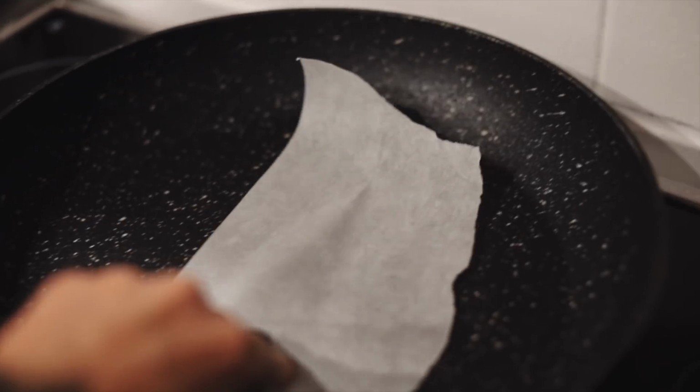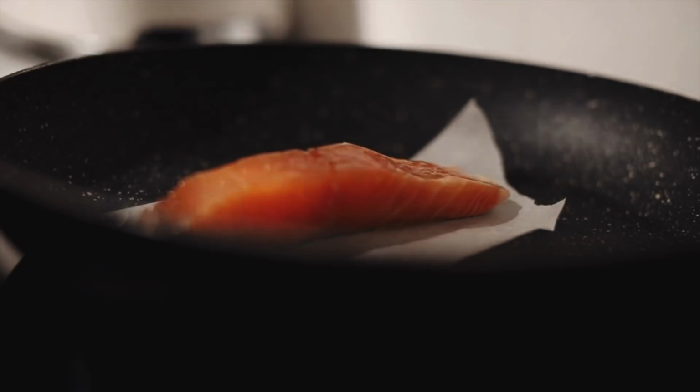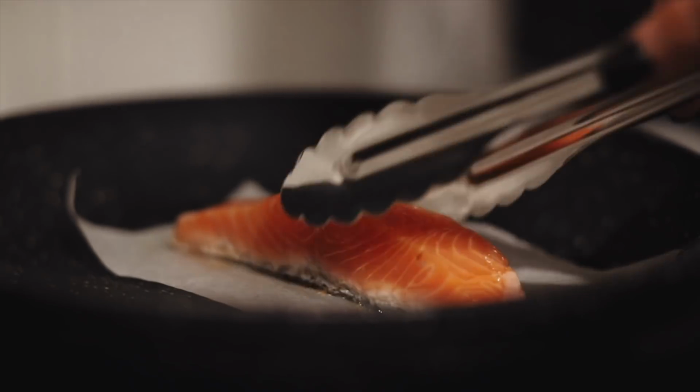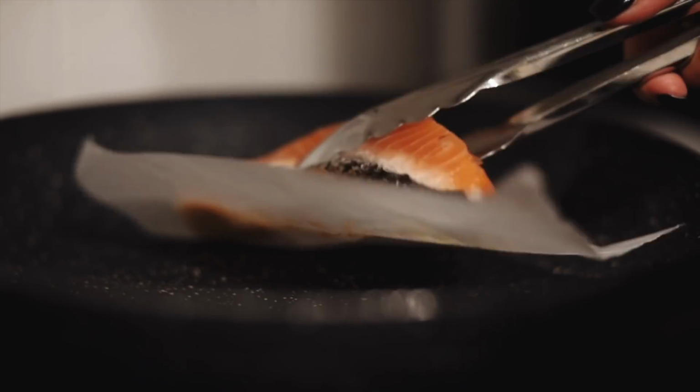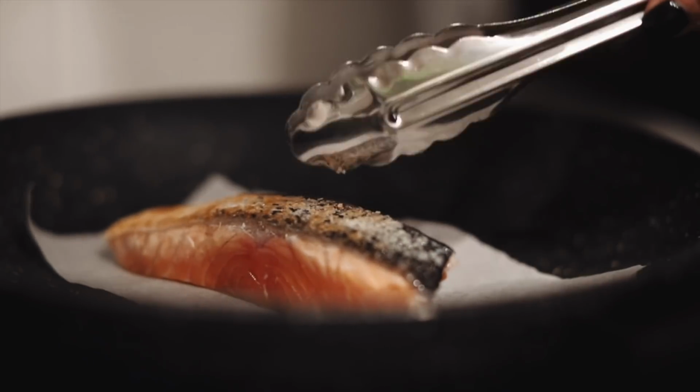And when your pan's hot, take a piece of baking paper, pop that on there, put the leftover oil on the baking paper, and then put the salmon on there skin side down and let it cook for like 4 to 5 minutes. Once it's cooked on the one side for that long, then we're going to flip it over. It won't look like anything special at first, but as it starts to dry off, it will become really